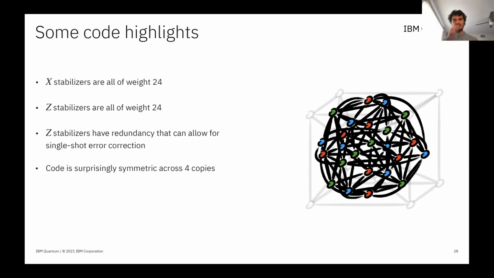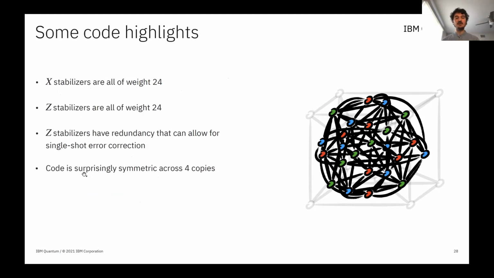And you can use the Schläfli symbols to calculate a lot of interesting properties of the code, such as what are the stabilizer weights of the code. So the X stabilizers here are of weight 24. The Z stabilizers, sorry, there's a slight typo here, are all of weight 3. And you can calculate these properties from the Schläfli symbols themselves. The Z stabilizers have a redundancy that allows for single-shot error correction. And I won't go into that here, but you can read the paper for